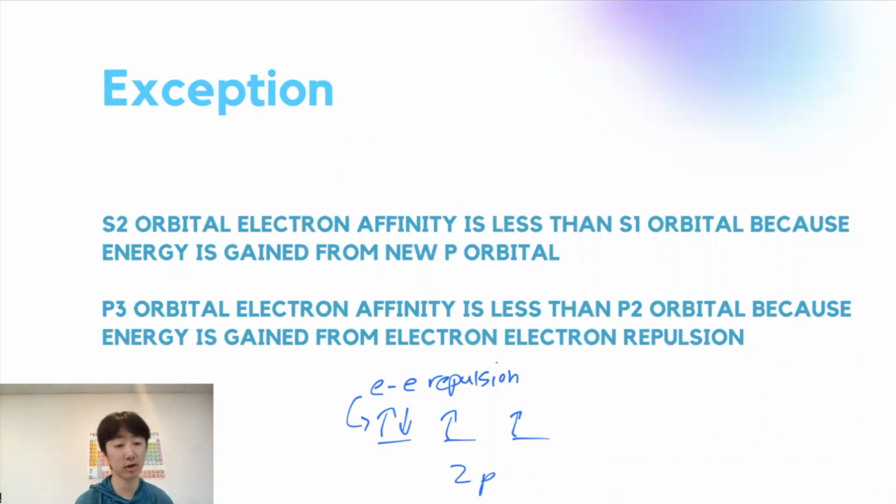And since the electron is less attracted to the proton, it's more energetic and less energy is released. Also, the p3 orbital electron affinity is less than the p2 orbital electron affinity because when a p3 orbital atom gains an electron, it creates electron-electron repulsion, which increases energy and decreases the energy release,